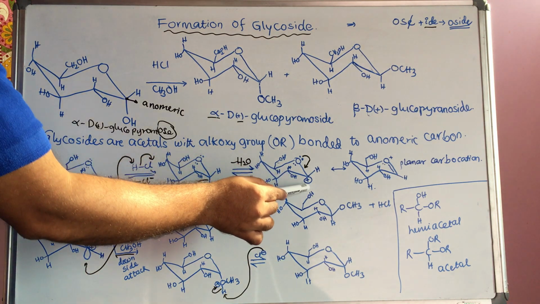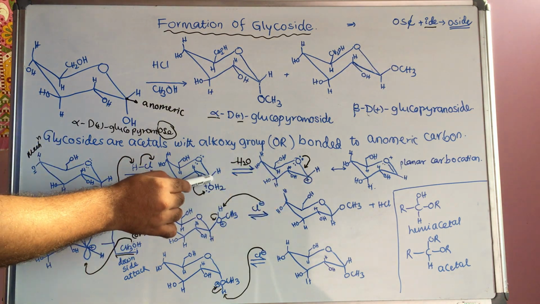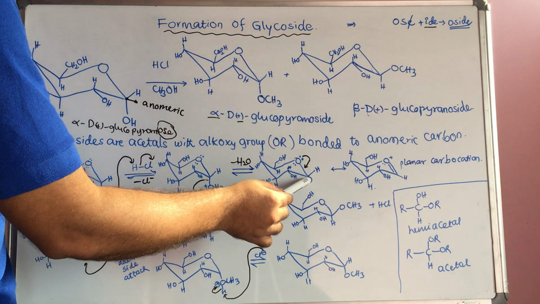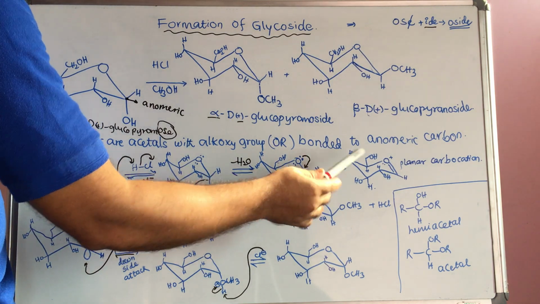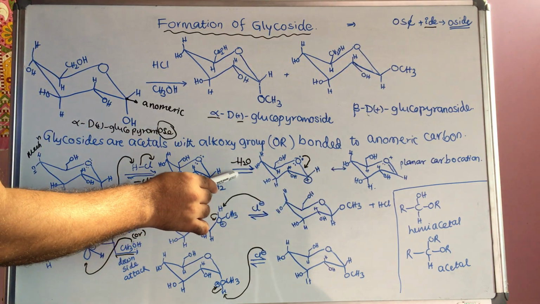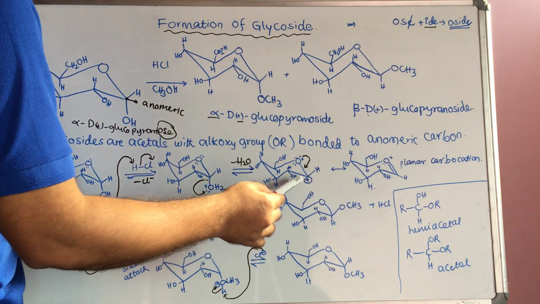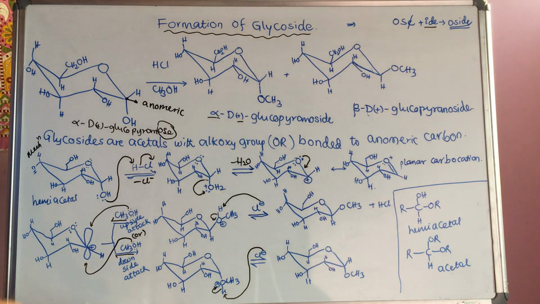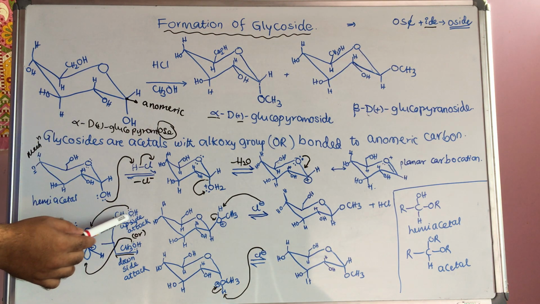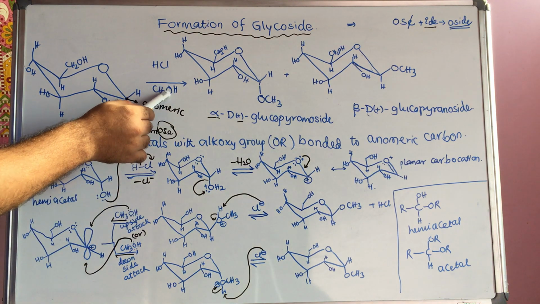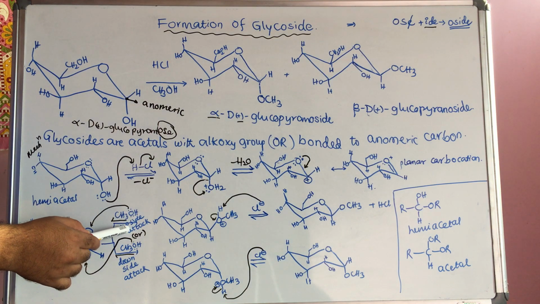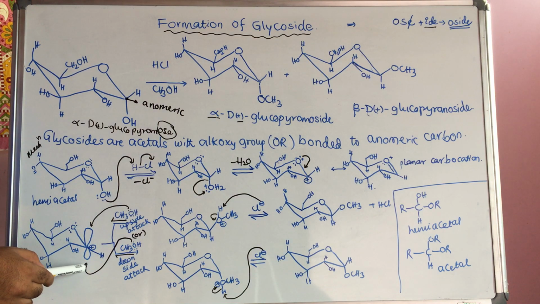When it is eliminated, a carbocation forms, and this carbocation undergoes resonance. This is the resonance symbol; these are equilibrium symbols. So this lone pair will come here and form a double bond. So this is a planar carbocation. At the carbocation, one vacant orbital will be there; that's why I wrote this vacant orbital. This is a p orbital. If you take the second reagent, methyl alcohol, it may attack from the up side, or it may attack from the down side.